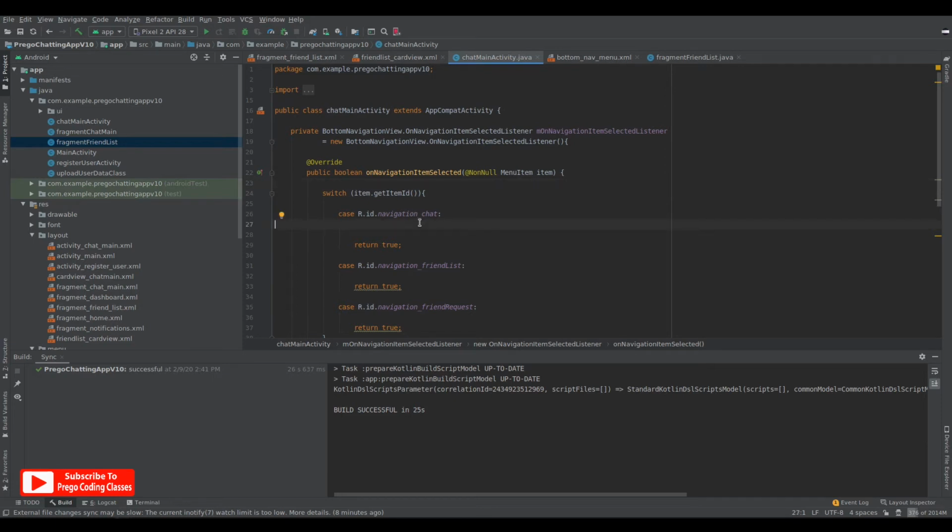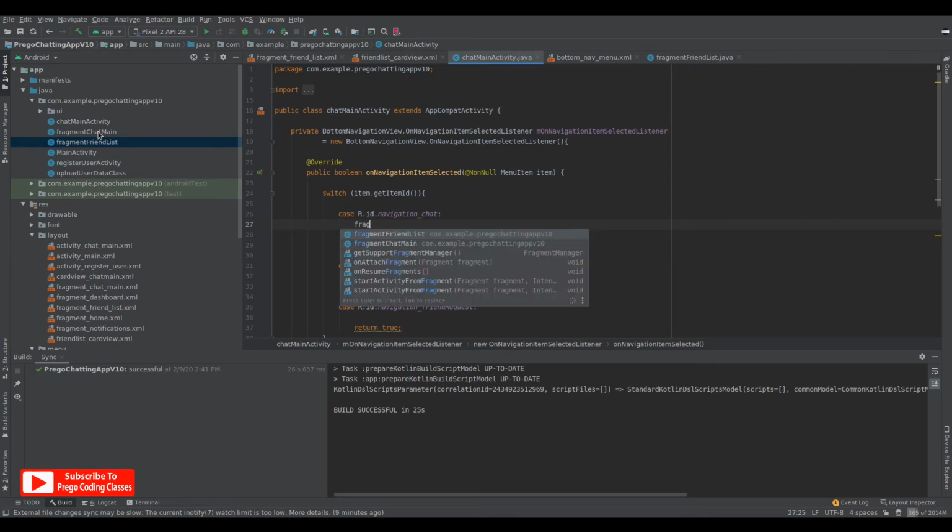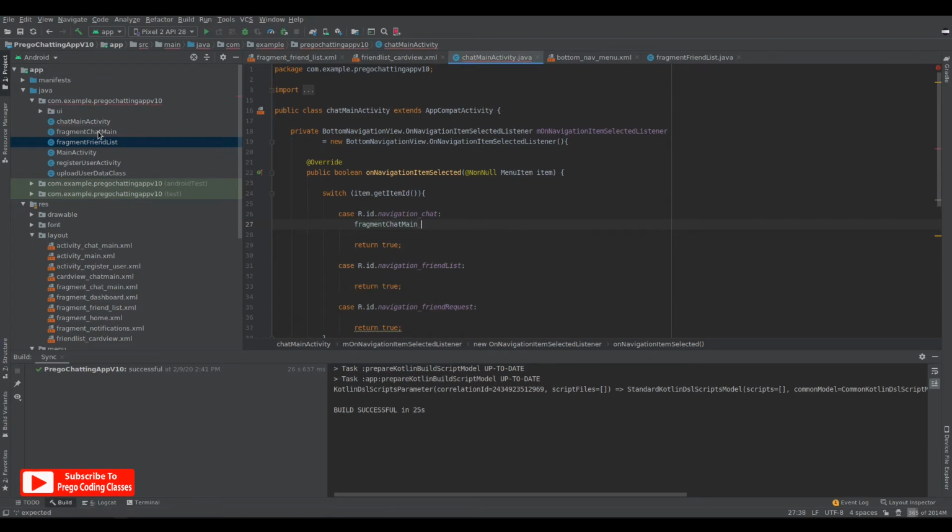So under the navigation chat, when clicked, it should open the chat fragment. So what we need to do here is, let's first say fragment chat main, and just assign a value, that is chat message, which is equals to new fragment.